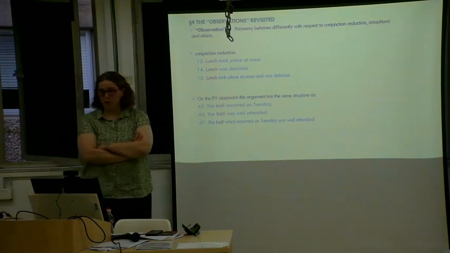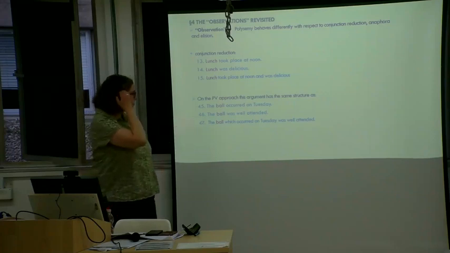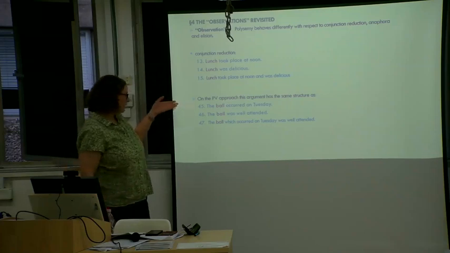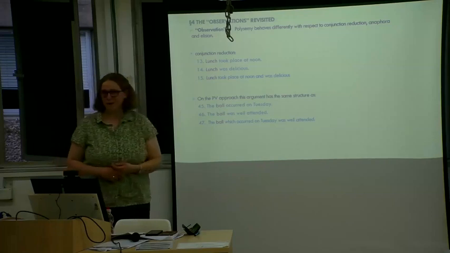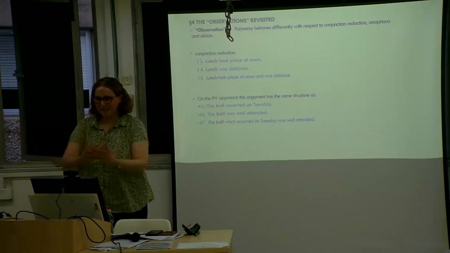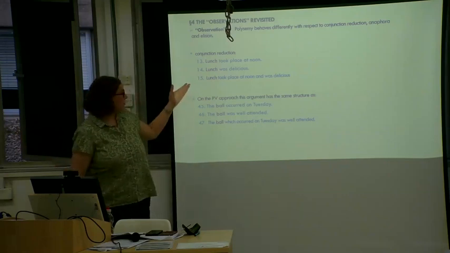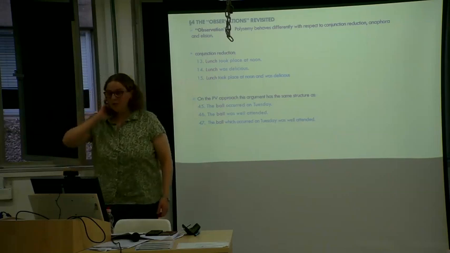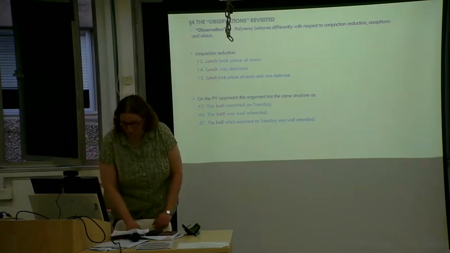So ball was homonymous between two different senses, but that is no problem for 47, the conjunction reduction in 47 being perfectly fine, right? Because in 45, we used ball in its party sense, and in 46, we also used ball in its party sense. So even for a homonymous noun, when you use it with the same sense in both conjuncts, the conjunction reduction is going to be fine. And this is exactly what we think is going on with 15. Okay, so the bottom line is that polysemy is not behaving any differently from homonymy.